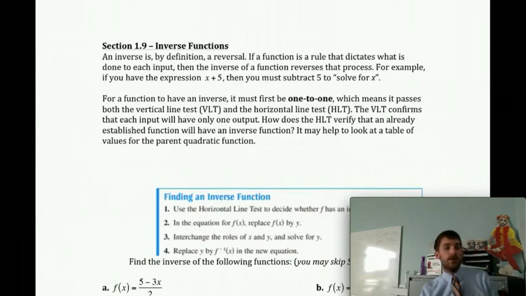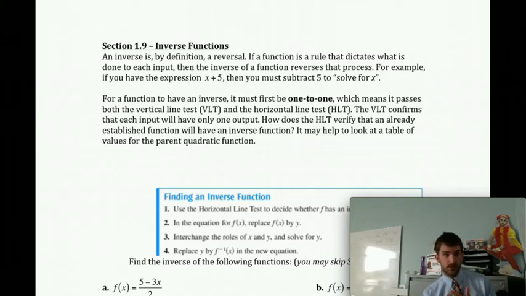All right, section 1.9, the last section in unit 1. So an inverse, by definition, is a reversal. It's kind of undoing something. So if a function is a rule that dictates what is done to each input, then the inverse kind of reverses that process or undoes it. For example, if you have the expression x plus 5, to undo that, to do the inverse, you'd subtract 5